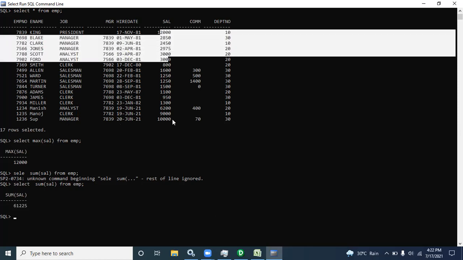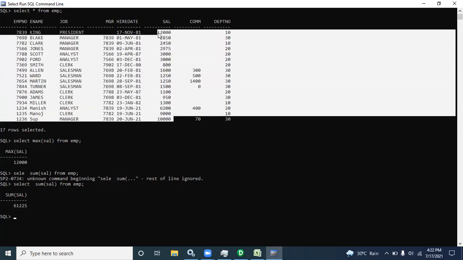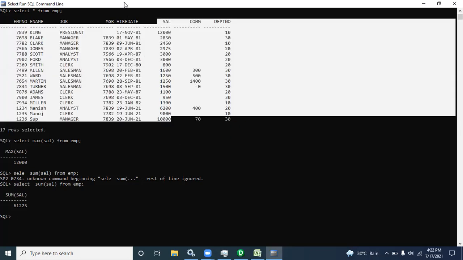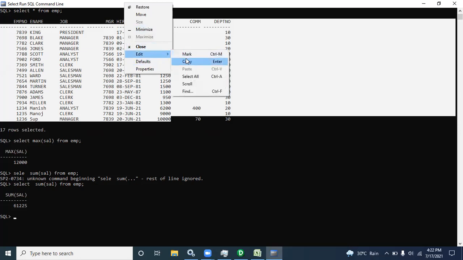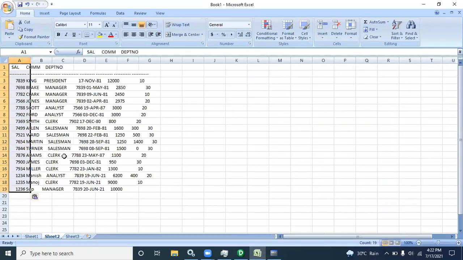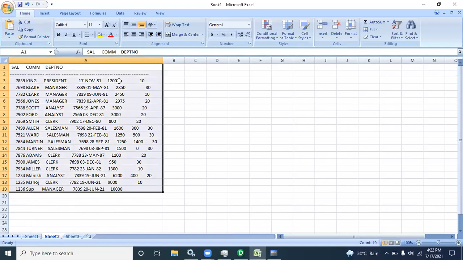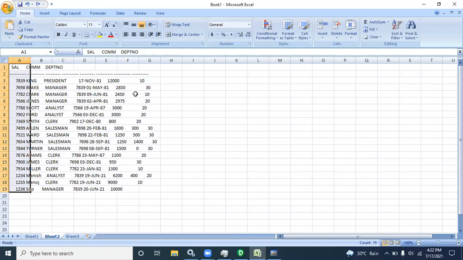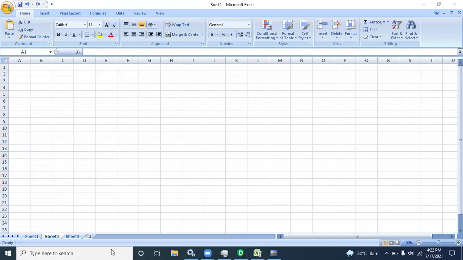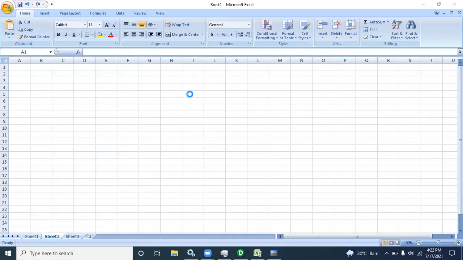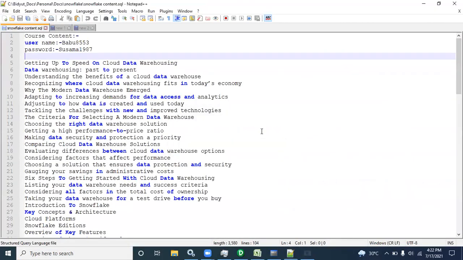You can take these things and check them at least once. In Excel, you can take these values and check whether this maximum salary is correct or not.